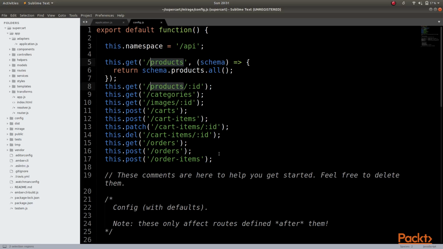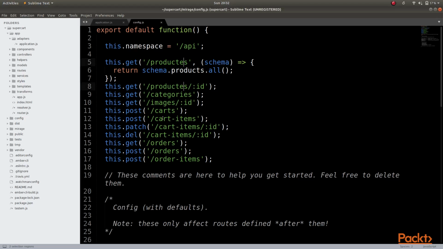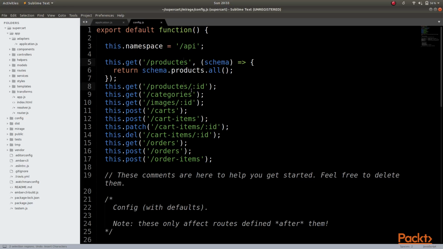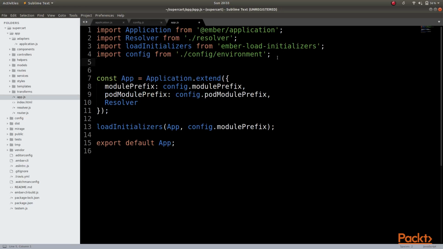In case we are dealing with an API which has a slightly different nomenclature, for example, a differently spelled products, we can utilize Ember inflector to ensure that our app manages to hit the right endpoint. The recommended way to do this is to create a file under app, models, custom-inflector-rules.js, and then we can import this file in our app/app.js. So we could do something like import models/custom-inflector-rules,